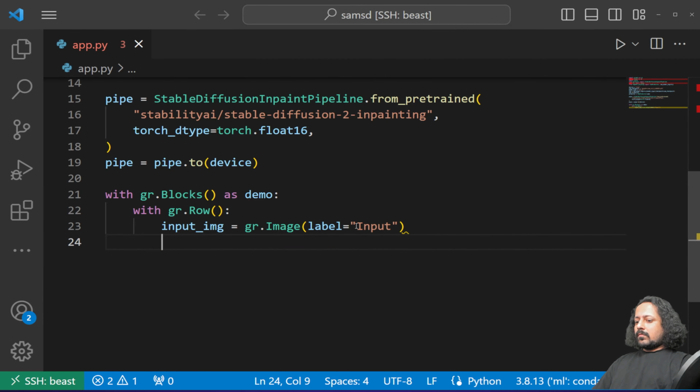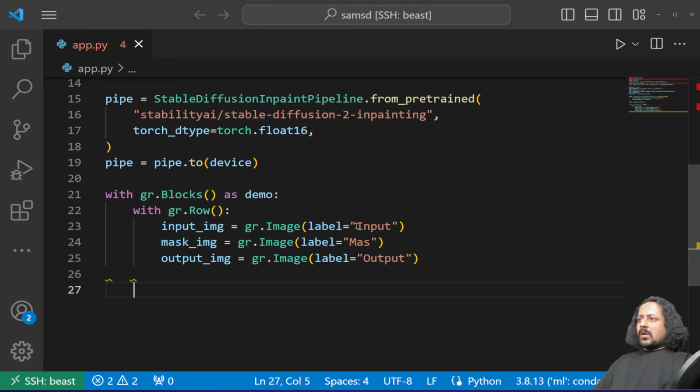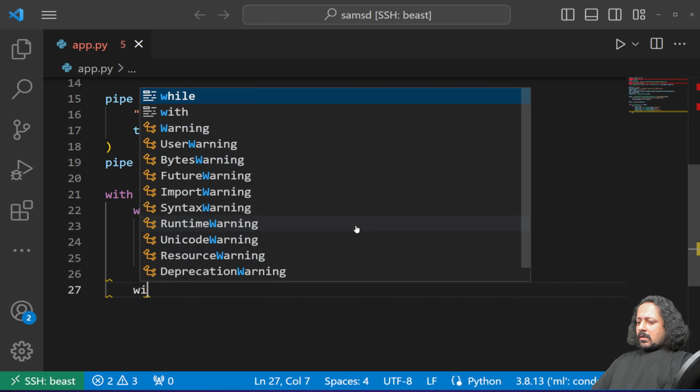Input, we have the mask image, and the same thing. I should use GitHub Copilot for this. So this will be called mask, and output image, and this will be the same again, and it will be called output. So I got one row in which I have these three image components, and then I get another row,